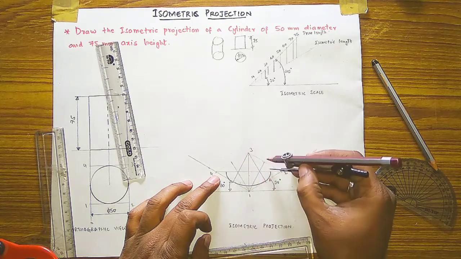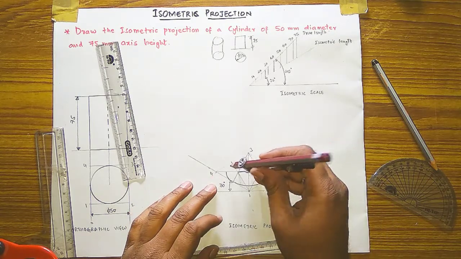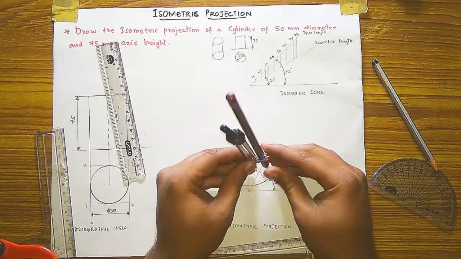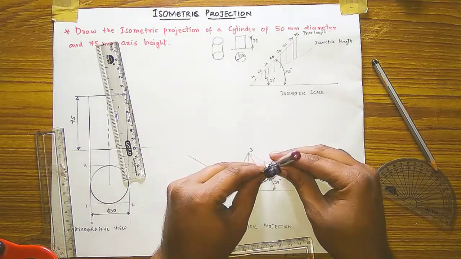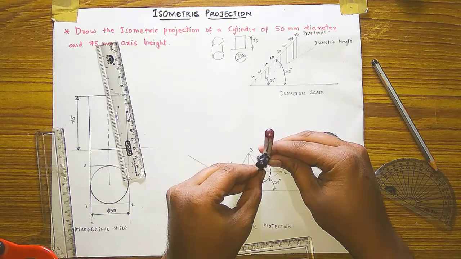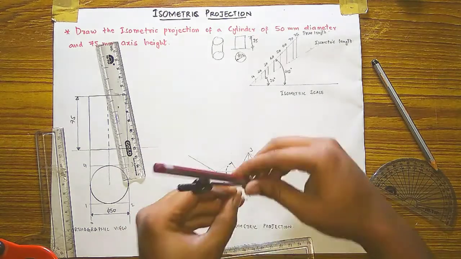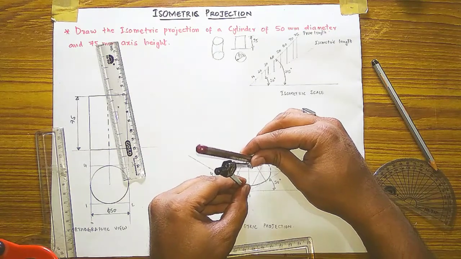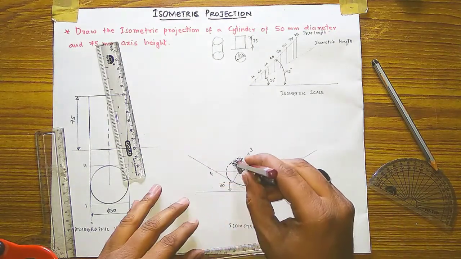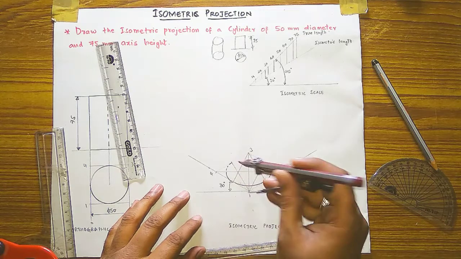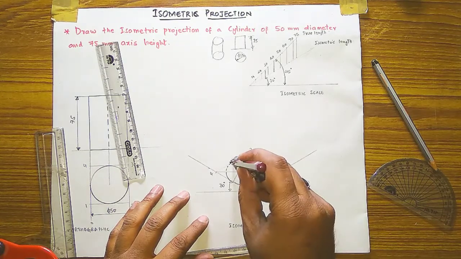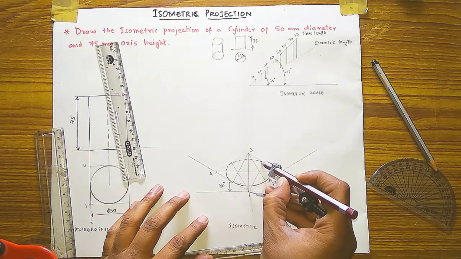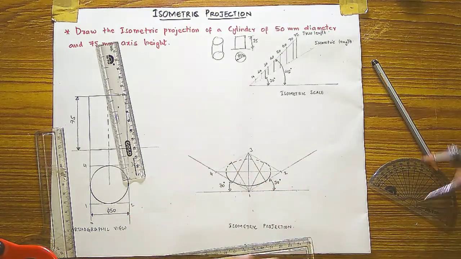For the invisibility you have to do it dot dot like this. Okay, and from here also, and the remaining length you have to adjust from here and take a dot dot line. Okay, this bottom